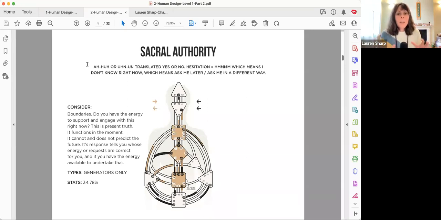So that sacral response that you're moving into, it's like, ask that sacral, is this good for me? Yes or no? And feel it. If someone asks you a question, is this good for me? Yes or no? Feel it. And then trust it, and then respond to it. So it's very much about boundaries as well. Do you have the energy to support this decision? And is this in line with what you really want?